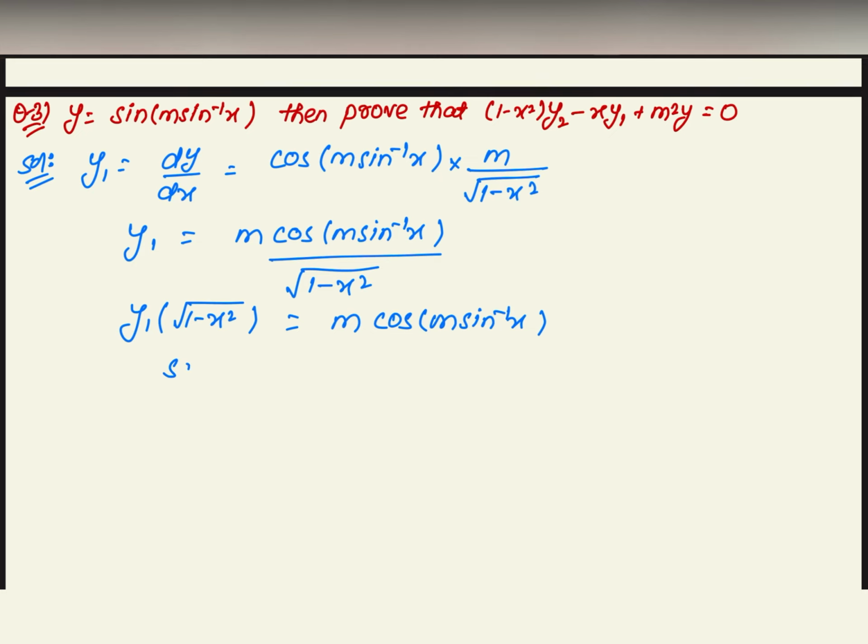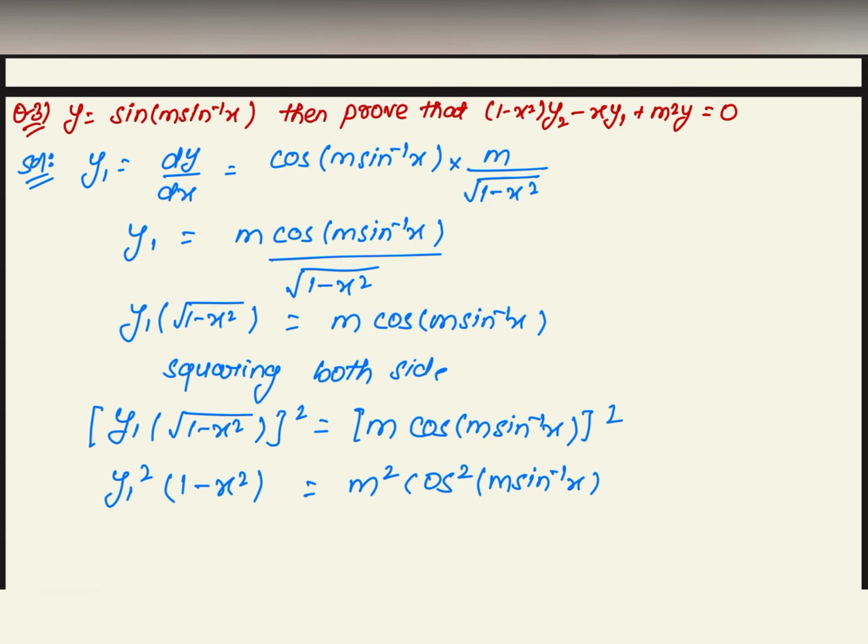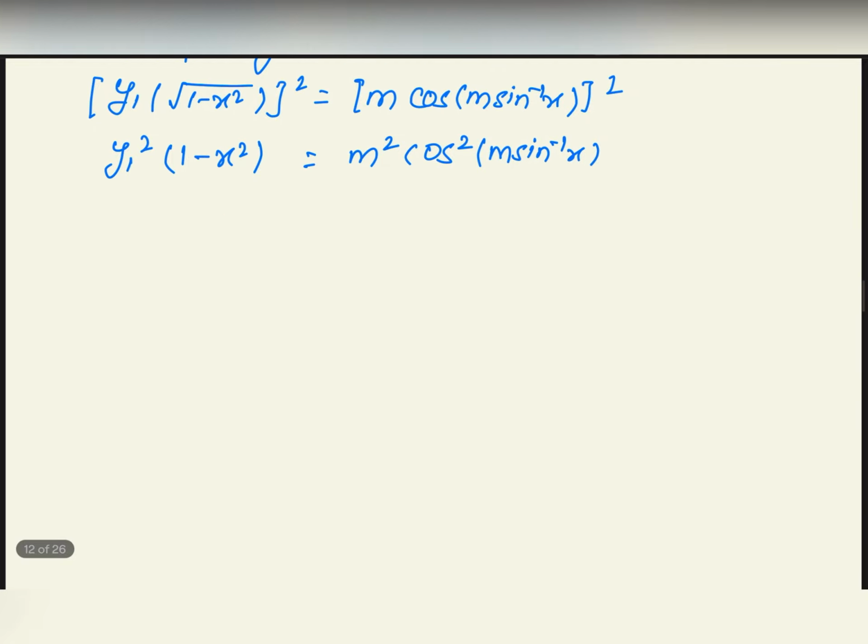again squaring both sides, y1 into 1 minus x square का whole square is equals to m cos m sin inverse x का whole square, that is y1 square into 1 minus x square is equals to m square cos square m sin inverse x. Again differentiating